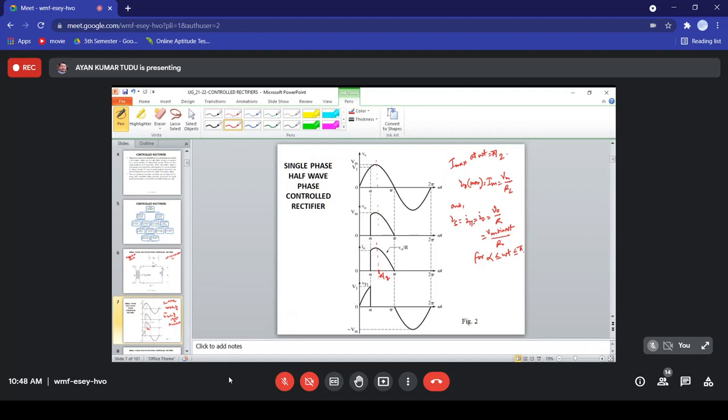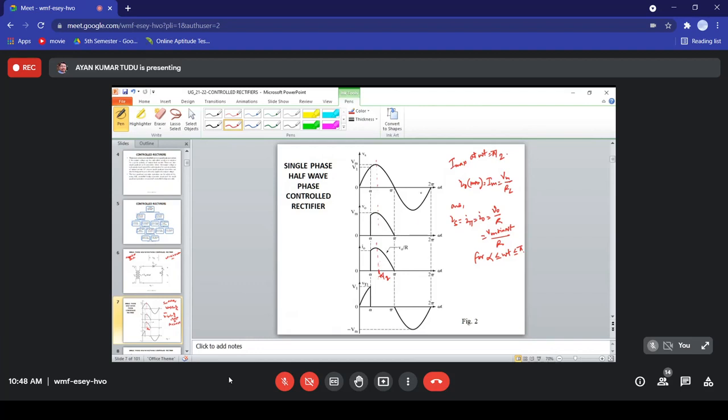So IS will be equal to IT1, that is the current through the thyristor, equal to the load current, that is I0, which is equal to V0 by R, which is equal to Vm sin omega t by R. Obviously I0 max would be equal to Vm by RL, because the load current increases as the input supply voltage increases, and the maximum load current flows at omega t equal to pi by 2, since the input supply voltage is also at its maximum.